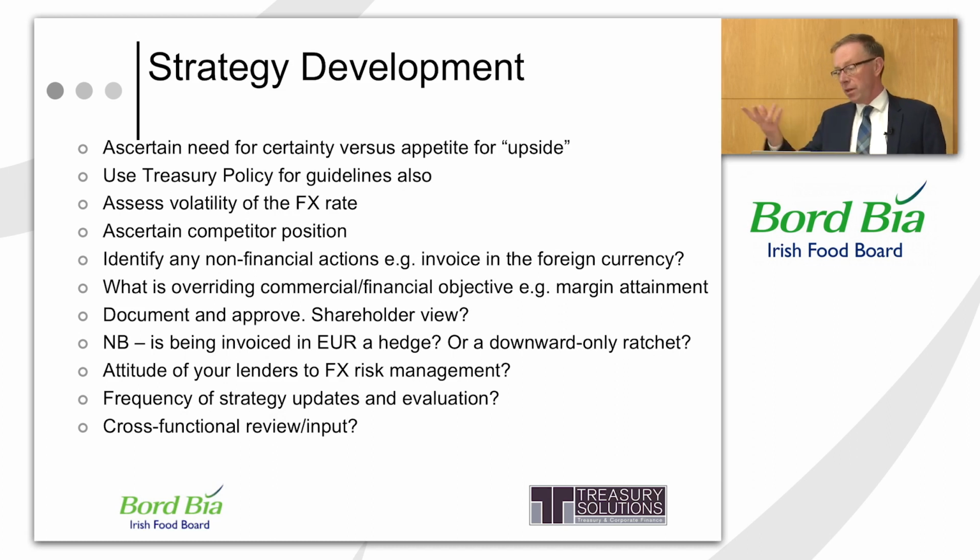Because what they'll probably do, if you think about it, let's say you're selling to a UK retailer and they say you get invoices in euros, but they're taking in sterling at the tills. So in a scenario where the euro begins to strengthen, it's going to cost them more to buy those euros to pay you. And in a scenario like that, it's inevitable that they look for a price decrease. So the euro invoicing actually doesn't really become a hedge. It gives you a delay for a while, for as long as you can resist the price decrease. But eventually, you'll probably have to decrease your price. And on top of that, you may find it very difficult to increase your price should the exchange rate go the other way. In other words, is this actually a downward-only ratchet?